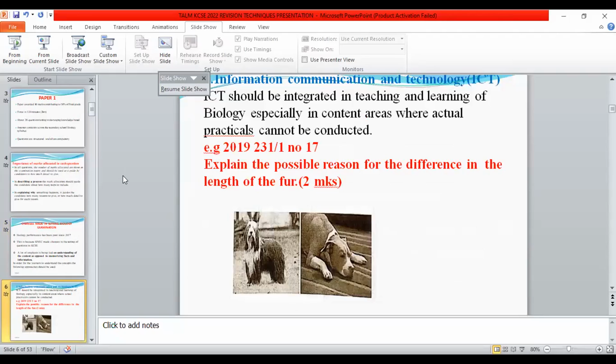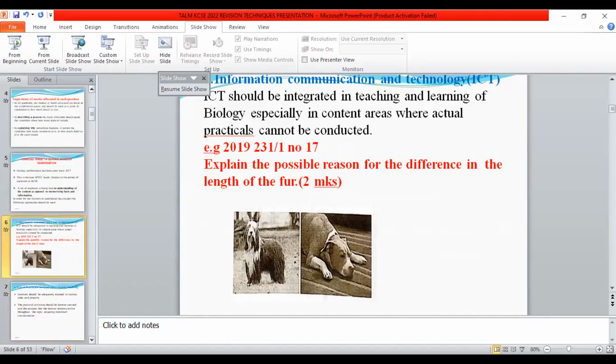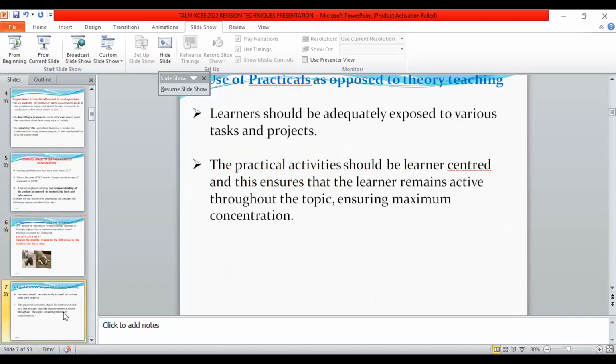For example, we have the topic in reproduction when we are introducing cell division. Sometimes back, in the old system, we used to carry out activities on mitosis and meiosis, but from my own observation, that is something we don't do. Maybe some of us will talk about lack of resources. Others will talk about lack of adequate time, because we are always being pushed to cover the syllabus. Also, a topic like evolution, which is quite abstract, most of us should make use of ICT in order to download photographs and diagrams.